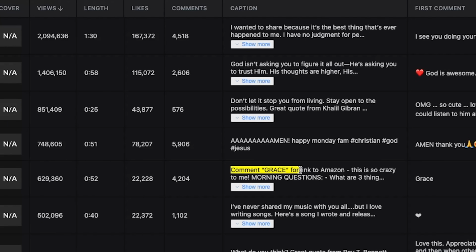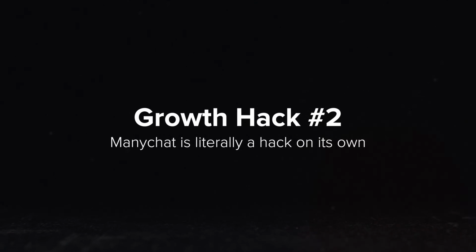Essentially, they use ManyChat. We talked about this before, but it's a tool where you can add triggers and automations, legal automations, to content, and then people have to comment a certain word and you send them something. And just that exchange, because people want something, so they comment and then you send them a DM back with stuff, boosts the algorithm quite a bit. Here's the thing, analyzing hundreds of thousands of accounts, probably around 4,000 posts in the past 3 months or so, I have to say the whole ManyChat thing is literally its own growth hack in a way. So let's talk about this as well.